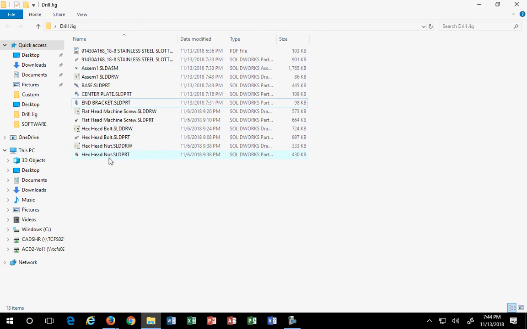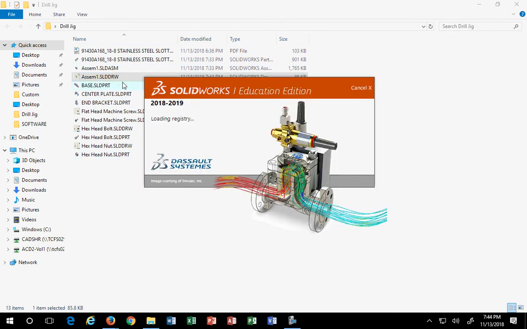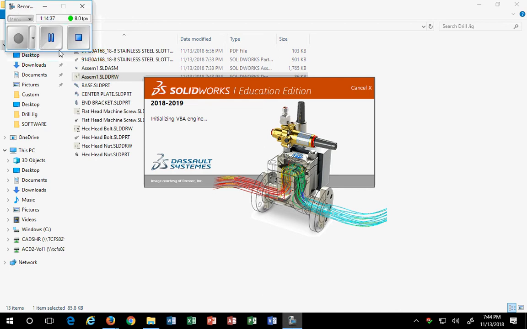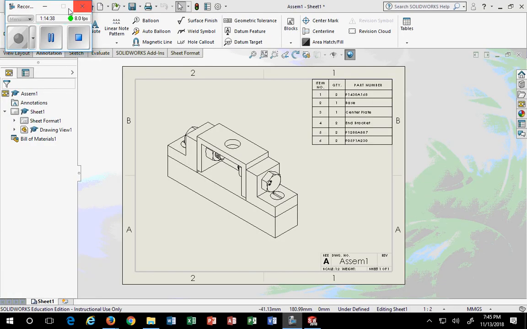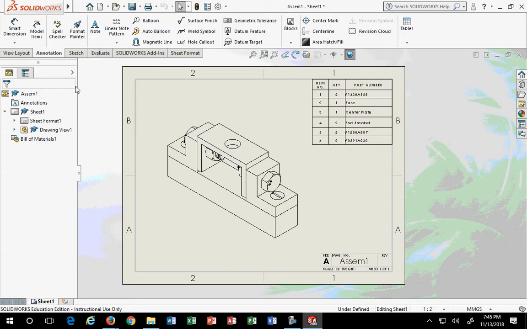Only change I made. When I go to my assembly, the detail drawing of my assembly, in a few minutes you'll get it. I'm going to pause the video for a second while this is happening. This works. Okay. So now we're back in. I just took it off pause. So in here,